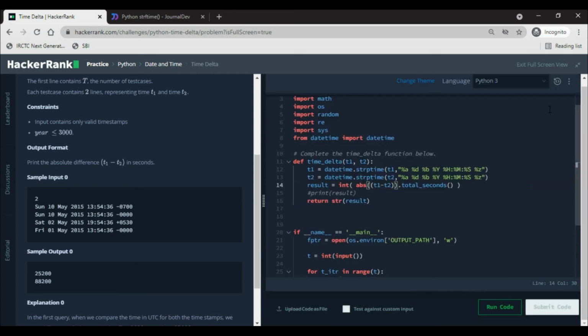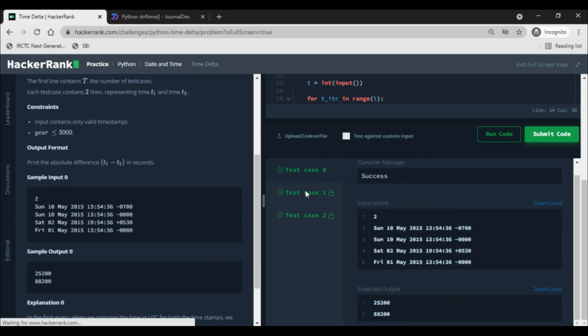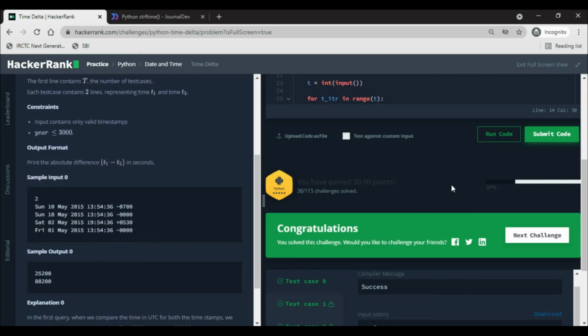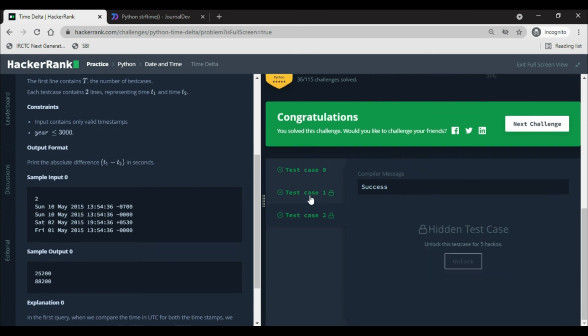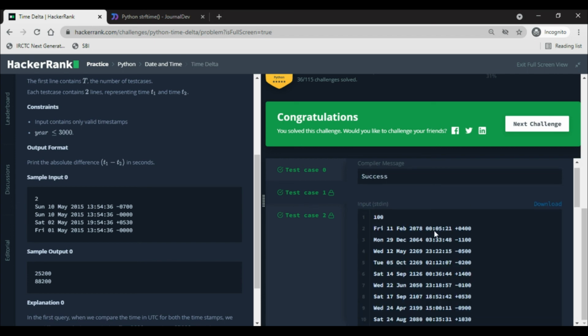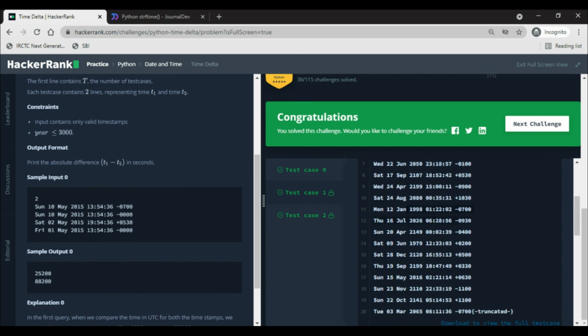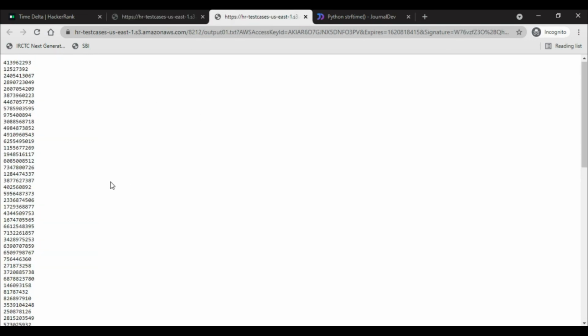Congratulations. Let's submit the code. So all the test cases are passed. You can see that. Let's see the test cases. Okay, so we have done the code, and congratulations, we can see the different test cases. Let's unlock. So 100 test cases have been given. See, 100 test cases, and all of them are like this. You can open in a different tab. So you can see 100 cases. Ooh, and you can see the outputs.